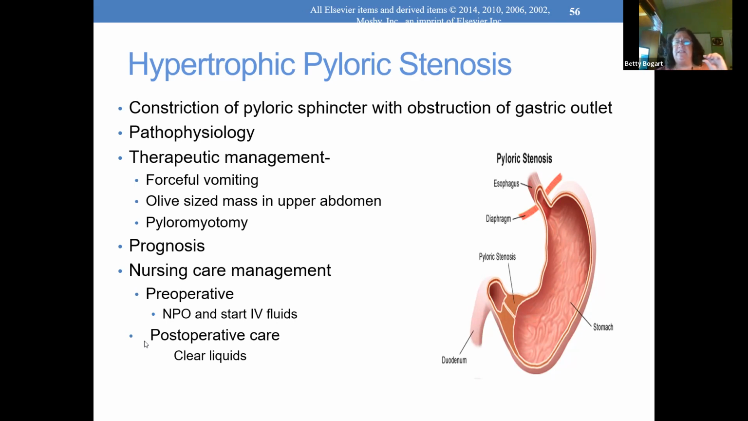What happens is the pyloric sphincter becomes thickened, muscular, and doesn't allow milk to go into the small intestines. So the stomach fills up and all of a sudden it can't hold anymore and it comes out forcefully, and that's that vomiting. Now, once I ask a parent how they're vomiting and they tell me it's forceful, it's across